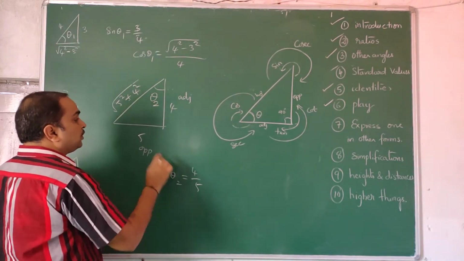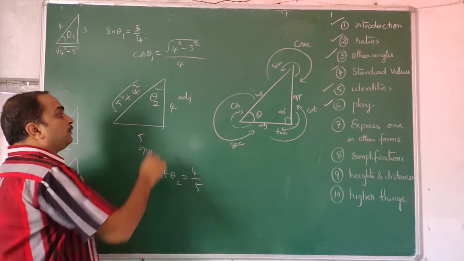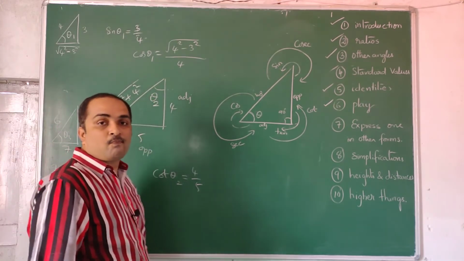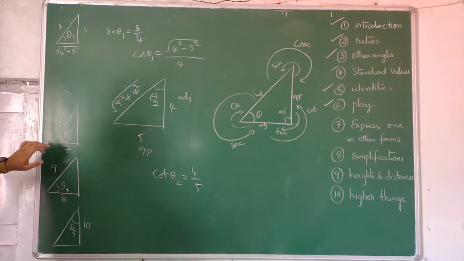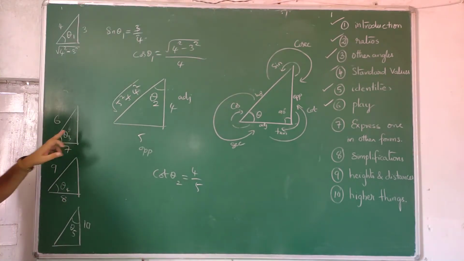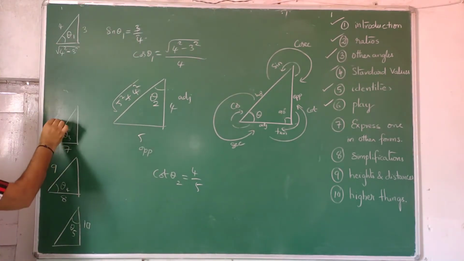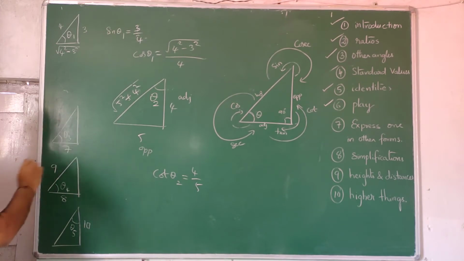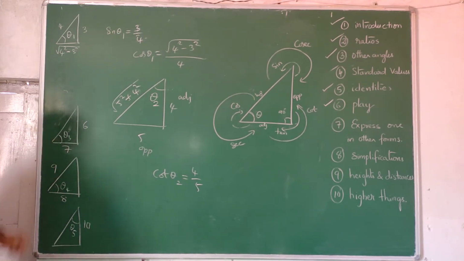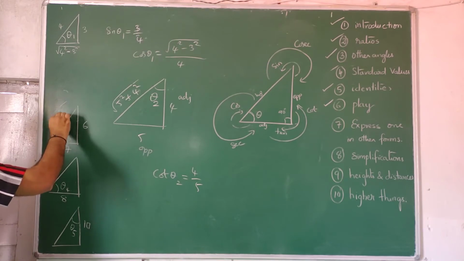Theta 2. For this side, this is theta. For this theta, this is adjacent. Similarly we have 6, 7. Can I write 6 and 7? It means I cannot have a hypotenuse shorter than this. So this is wrong. I can write 6 here if you want, but not here. So this is under root of 7 square plus 6 square.